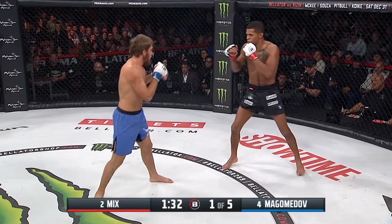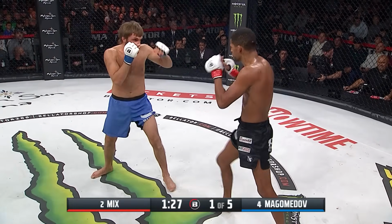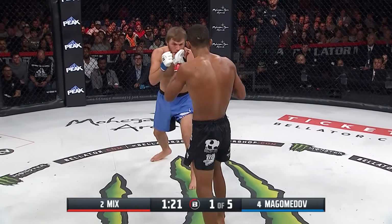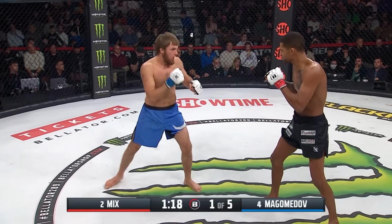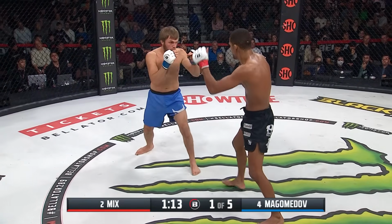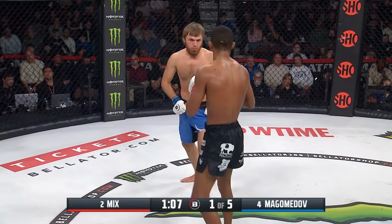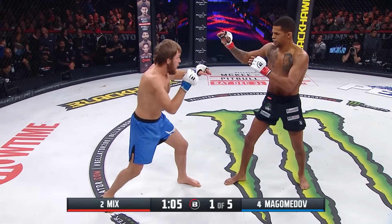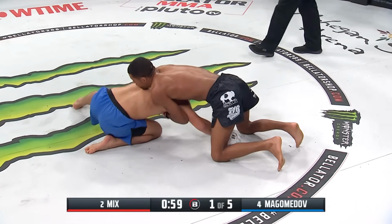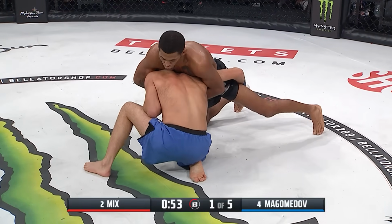And Magomed Magomedov returning to his feet. 1.5 minutes left in the first, scheduled for 5 5-minute rounds. Mix training out of Extreme Couture under the tutelage of MMA vet Jake Shields. Magomed Magomedov, Dagestan Fighter Club, has also been a member of the school of Abdulmanap Nurmagomedov, the late patriarch, the father of the legendary Habib Nurmagomedov,